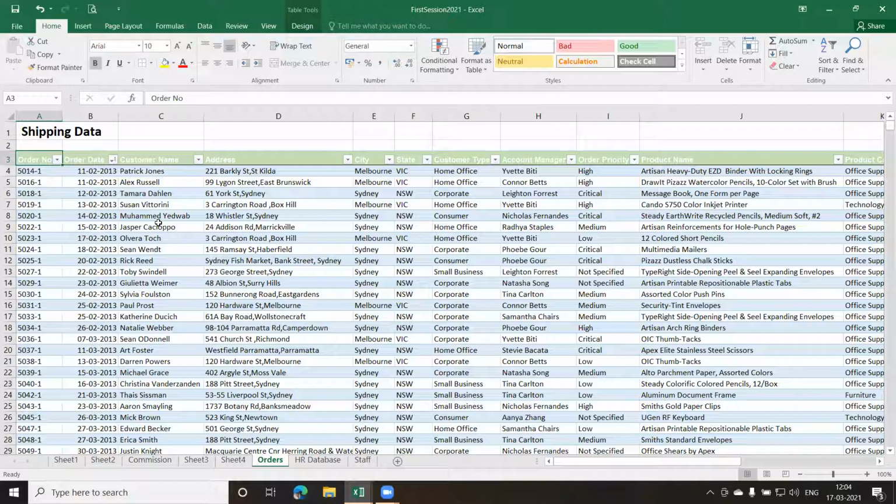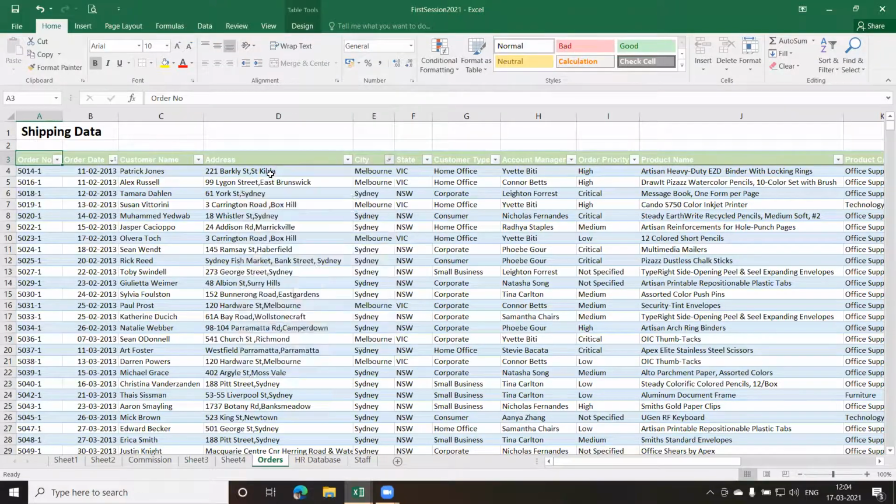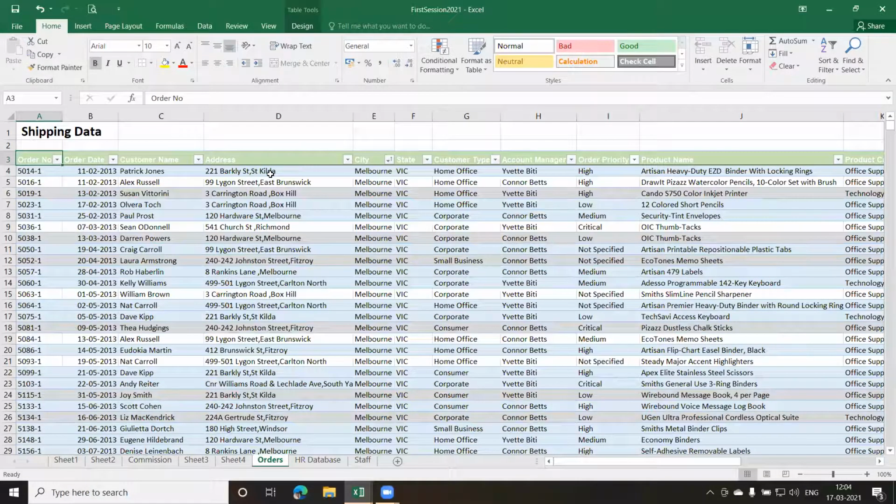Now, let us say after order date, I also want to sort as per the city. So I can click on this city option here, and again I click on this. What happens? The table gets sorted as per the city. But if you look at the order date, the sorting which was done there has been removed now. That means I am not able to sort on two fields here.